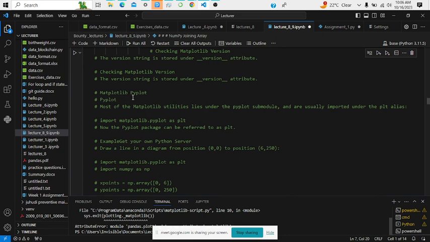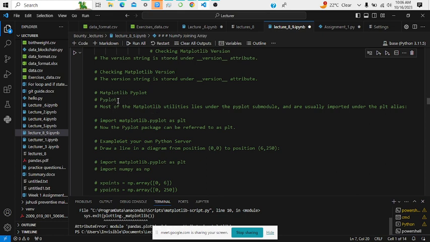the Matplotlib pyplot. So Matplotlib has a utility called pyplot, and this pyplot is the one that we use to draw graphs, including the pie charts. We have line graphs, any kind of graph. Yes, scatter plots. I think you were able to go through those with Excel. So this is